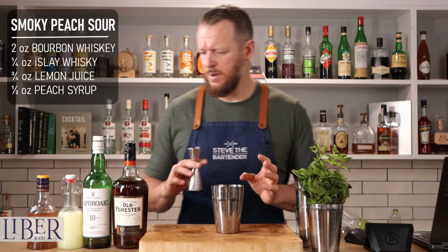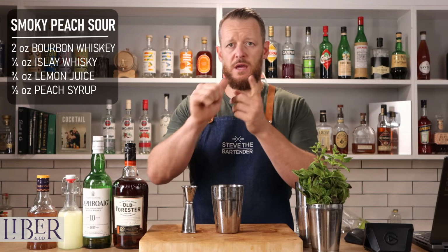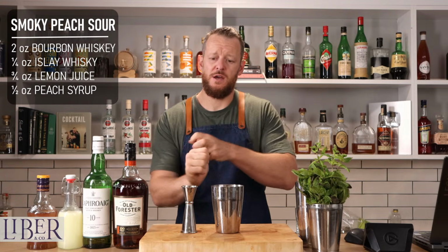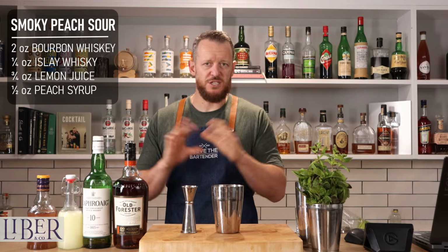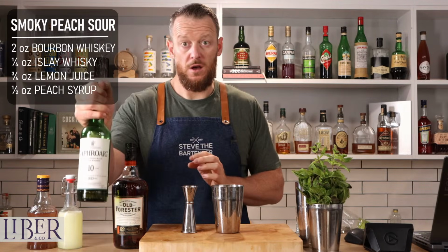This one here, so it's a whiskey sour. First of all, start with that. So whiskey sour being whiskey. Typically a standard ratio is 2 ounces of whiskey, 3/4 ounce of lemon juice, and 3/4 ounce of simple syrup. That's kind of a staple recipe. So I'm using that recipe, and then I'm adding a little bit of Islay whiskey,